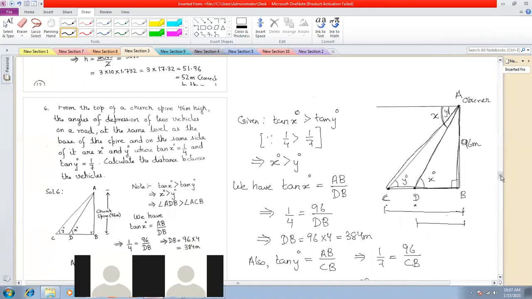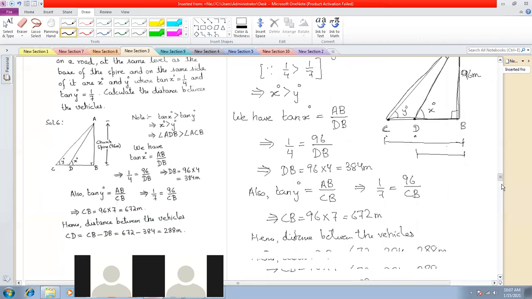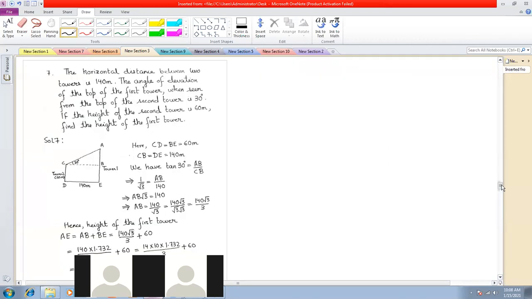Okay, so you just need to observe the difference between these problems. We'll now solve number 7. Let's try to understand. Again, I am repeating, drawing figures is very important in heights and distances. Once you're able to draw the figures, the solving part is very easy. You have to understand the problem if the figure is not given. And in most of the cases, figures are not given.